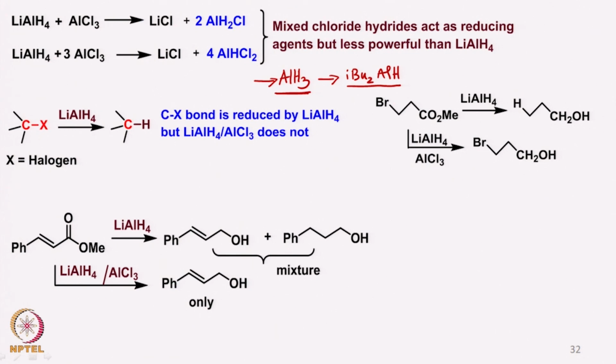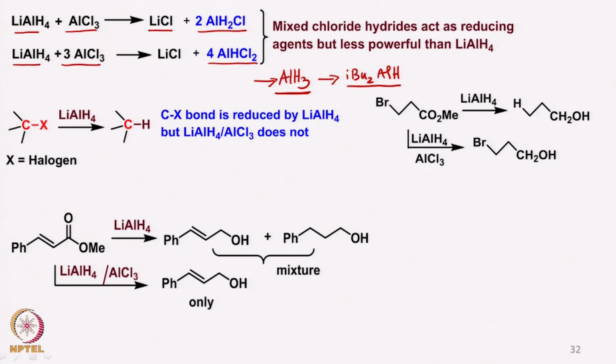In this regard, various combinations have been utilized, for example lithium aluminum hydride with aluminum chloride, which leads to lithium chloride, and these two molecules of aluminum hydride having one chlorine. So, it is a mixed chloride hydride, and in a similar fashion if one starts with lithium aluminum hydride and uses 3 equivalents of aluminum chloride, one can get 4 equivalents of aluminum hydrogen chloride, which is basically having only